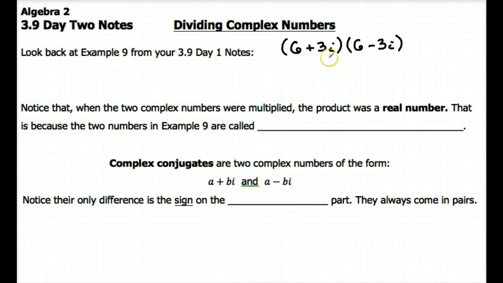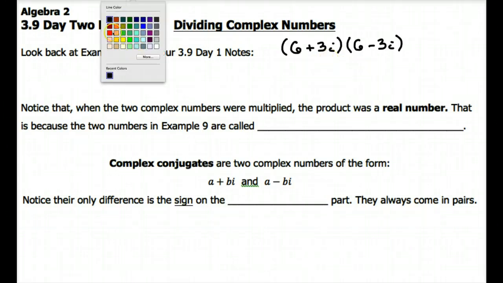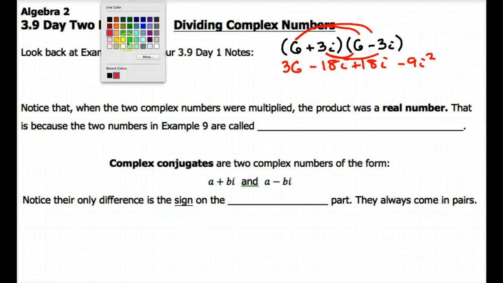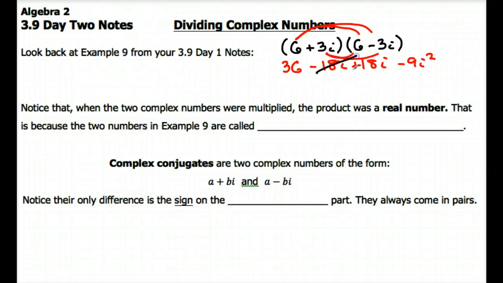6 minus 3i. And if you remember, when we were multiplying this out, we multiplied 6 times 6 to get 36, 6 times negative 3i to get negative 18i, 3i times 6 to get positive 18i, and then we got a negative 9i squared here. And then those middle terms cancel each other out. So after doing a little bit of simplifying, replacing i squared with negative 1,